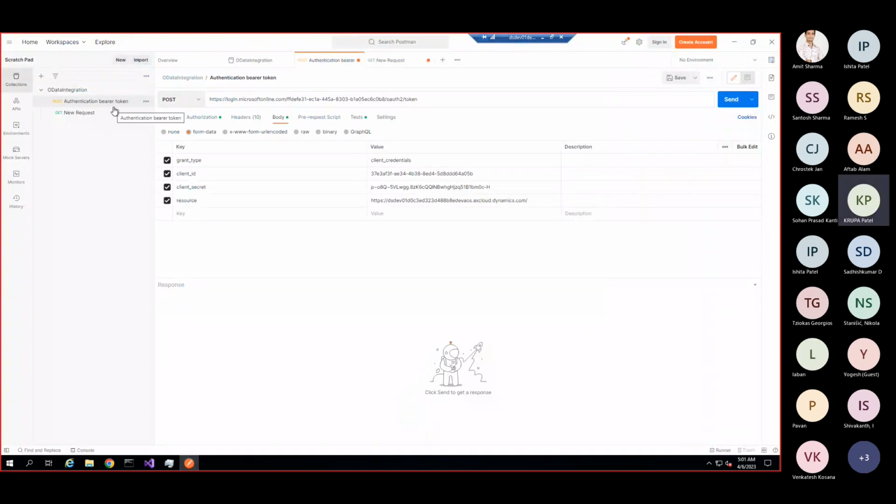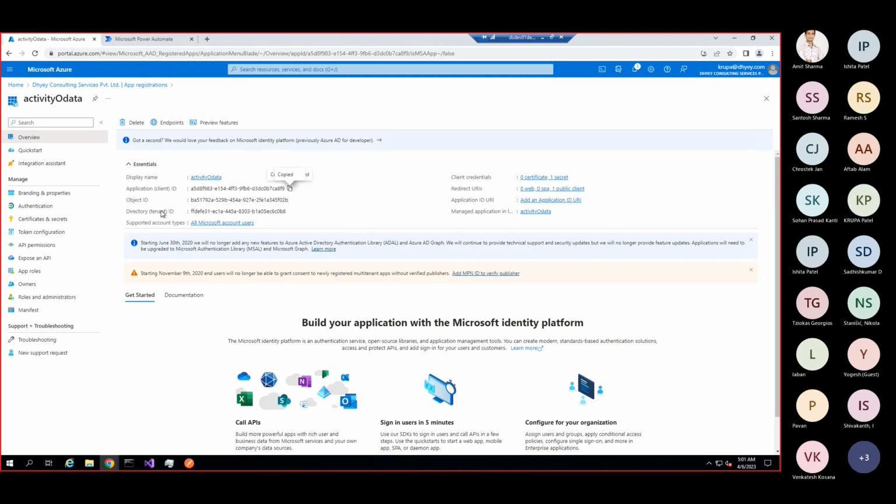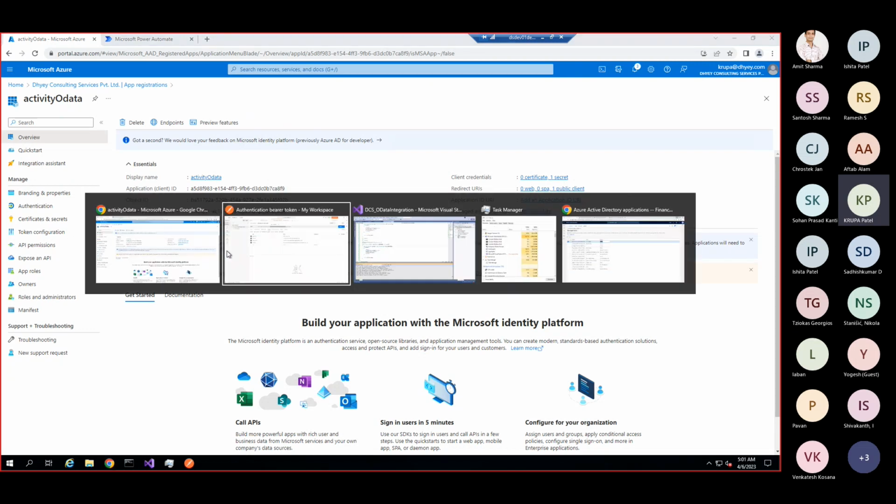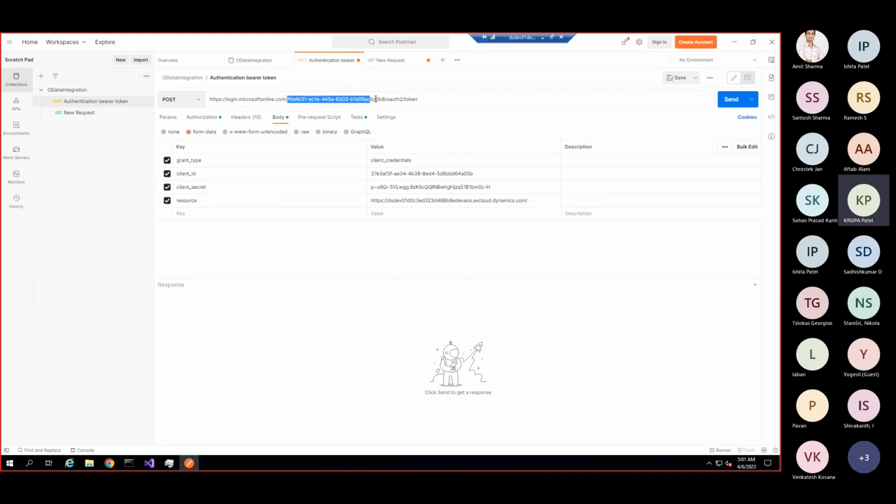Here, first of all, we need to generate the authentication token. For that, you just need to select the POST method, and in the header request, we need to pass this URL, and after that, we need to pass the tenant ID that we have generated through the Azure portal. From here, you can see this directory ID, that is nothing but the tenant ID. So we will copy this ID and pass it to Postman. Here we pass the tenant ID and then oauth2 and token.